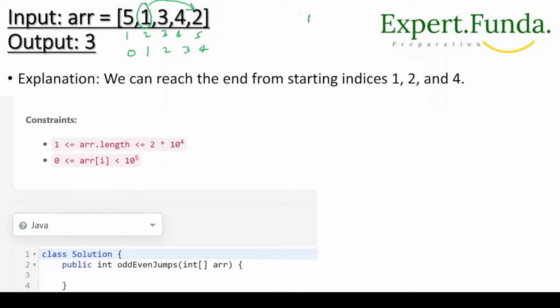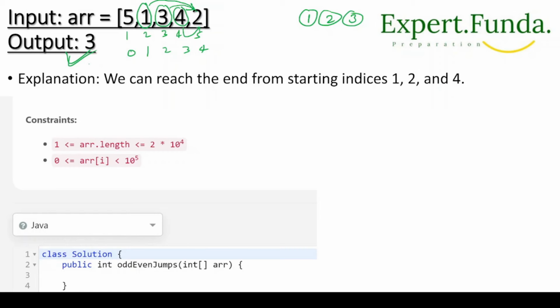So this is the first starting index. From 3 we'll find the smallest one, so we can reach here, and we get another one. From 4, this is the even jump, so we can reach here, and this is the third. It means the total number of starting indices from which we can reach the end is 3, so the output is 3.